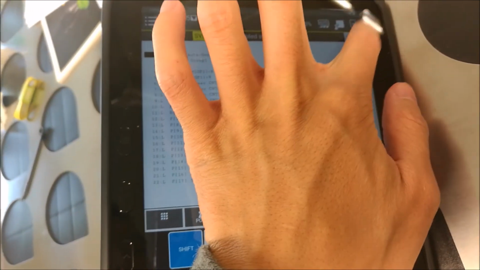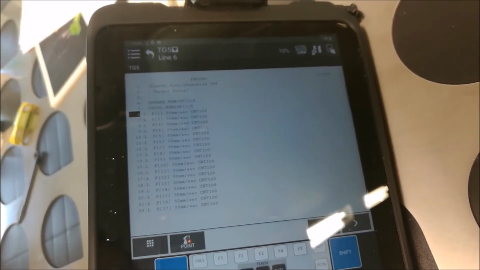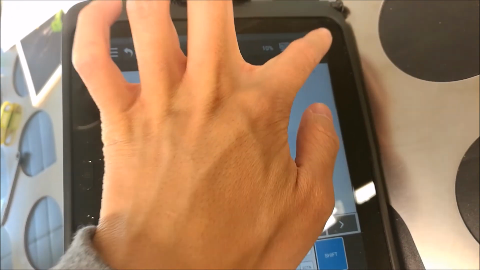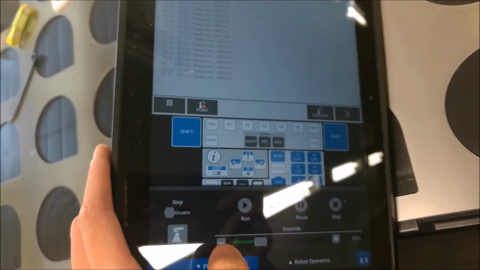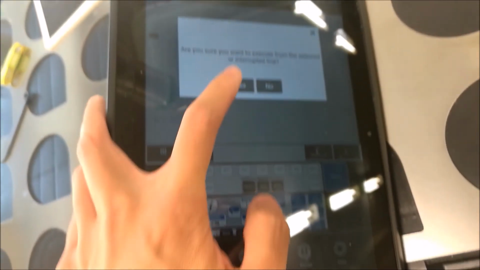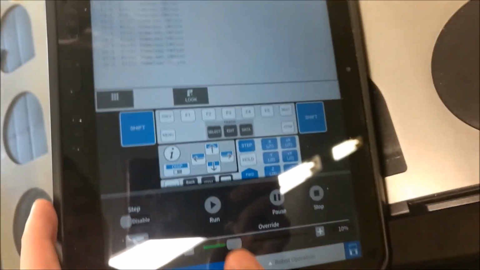Then we can click on, and right now we can click on play. Yes. Then we change the override to